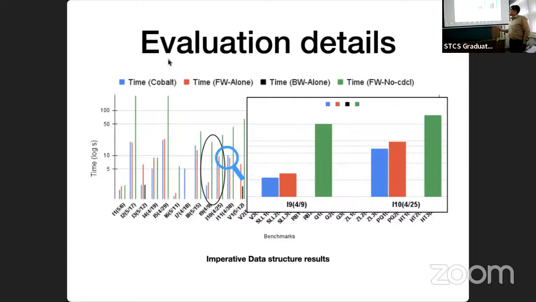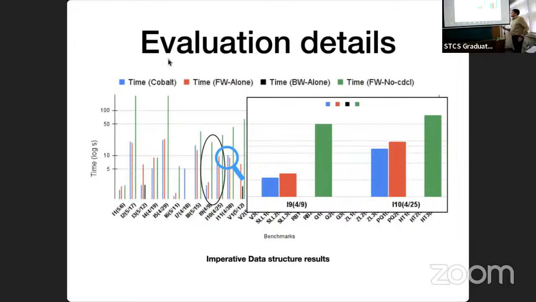This is showing that, and this is time on a logarithmic scale in seconds. The black bar, which is missing in these cases, is just the backward, removing the forward and the CDCL. So this is answering the question whether backward is able to find a solution in a given time. All these experiments are done with time limits of 5 minutes, if I remember correctly. Finally, the green bar is just the forward synthesis without any backward and without any CDCL. So the difference between this and this shows the gain from having a CDCL version, and the difference between this and this shows how much backward is aiding the